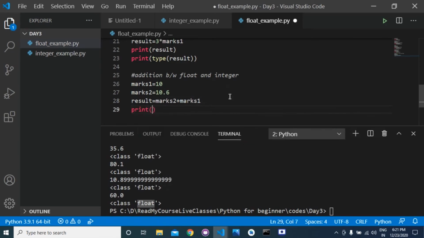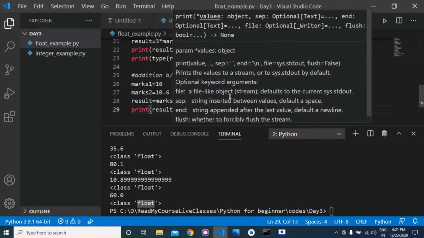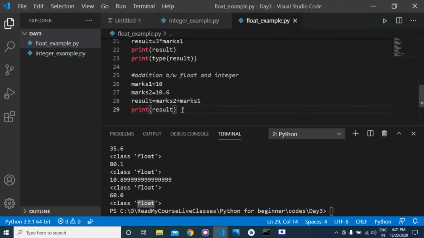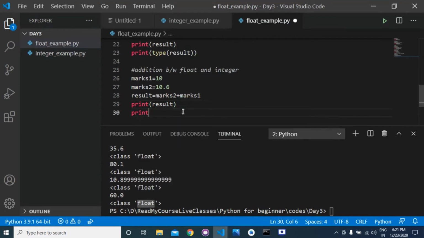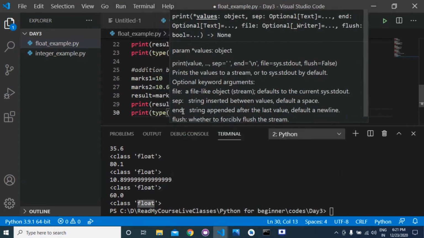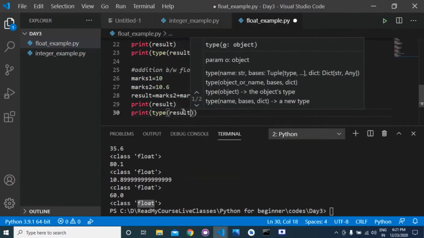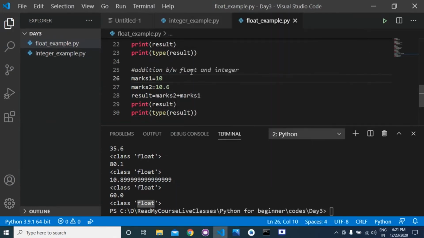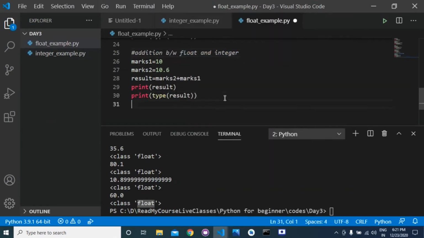If you print result, you will get 20.6, and if you print the type of result, you will get float. If you add one float and one integer, the result data type will be float.